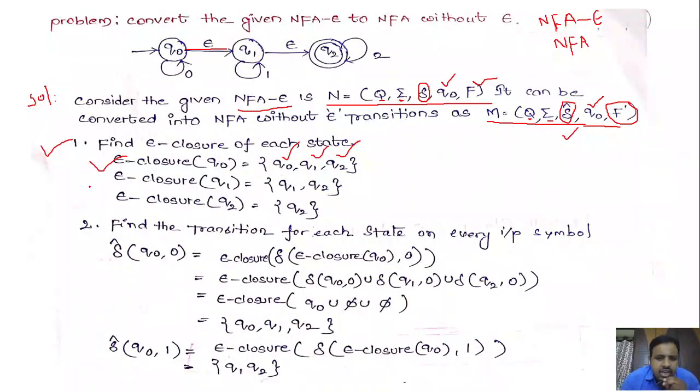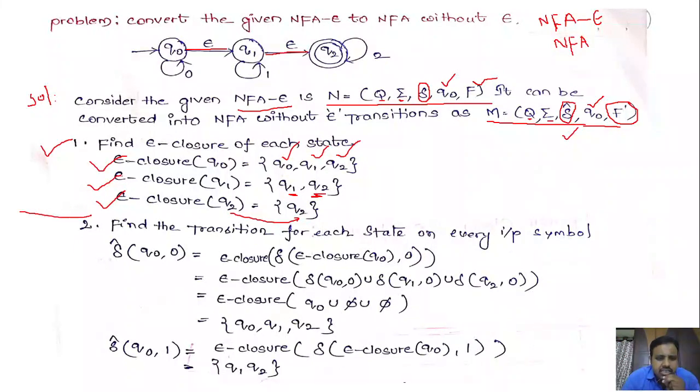The next one, epsilon closure of Q1. First add the state itself, Q1, and since there is a transition from Q1 on epsilon towards Q2, add Q2 into the epsilon closure of Q1. The next one, epsilon closure of Q2. First add the state for which you are calculating the closure, and since Q2 does not have any epsilon transitions, there are no states to be added to this epsilon closure.